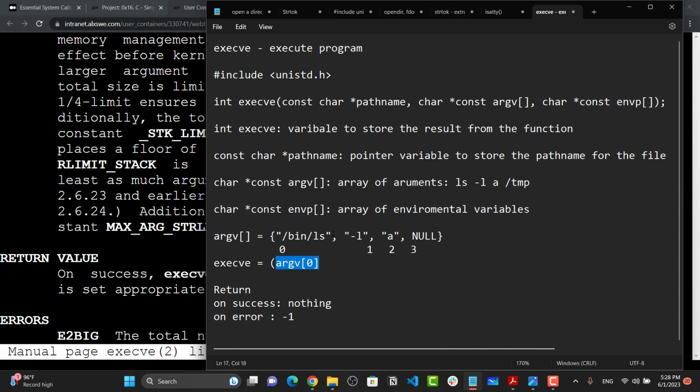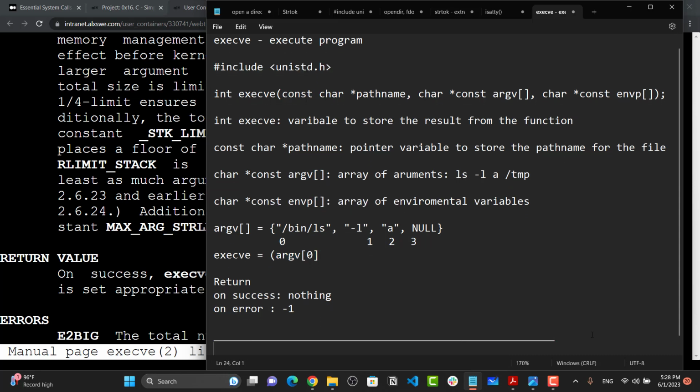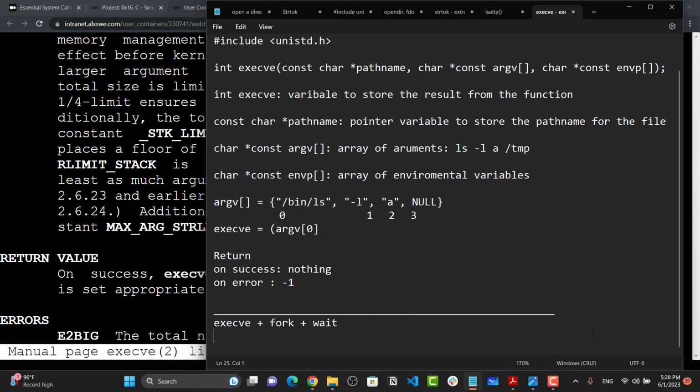That means I'm just passing to the function the first index of my array of arguments, which is the path name. So instead of opening a new variable for the path name, I can just give it argv of 0, which is the first index, and the first index of argv will be the path name. Okay, so maybe we can just say we will use execve with fork and with wait function, all three of them,